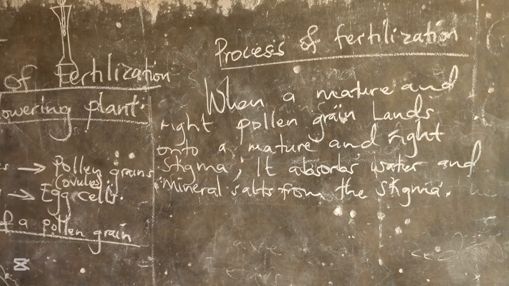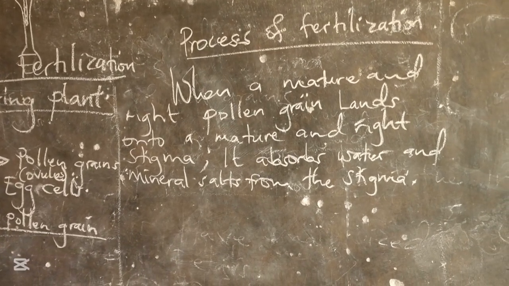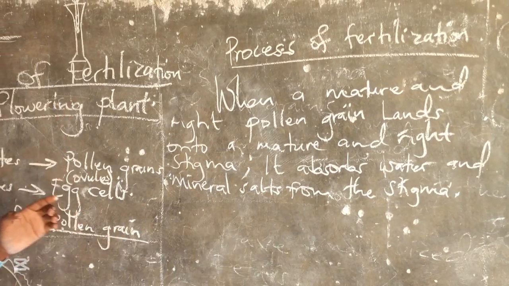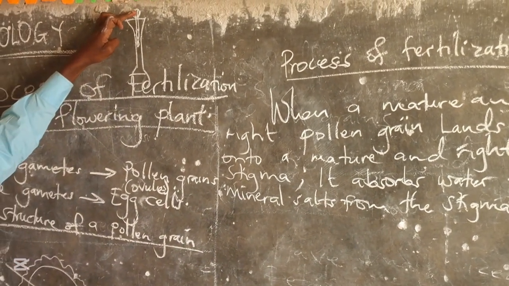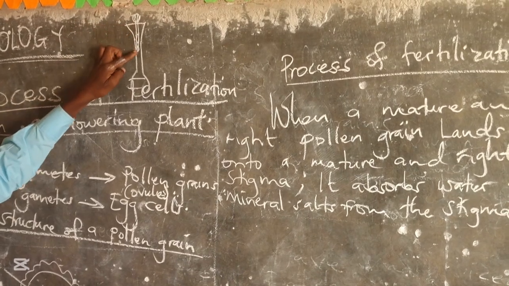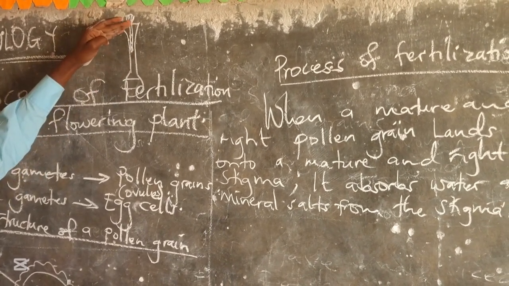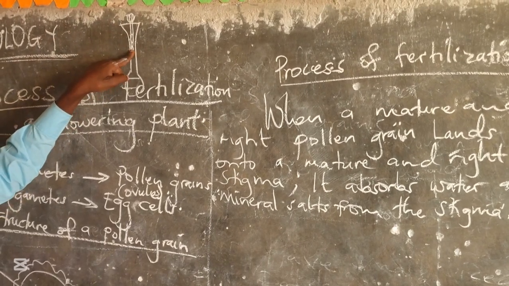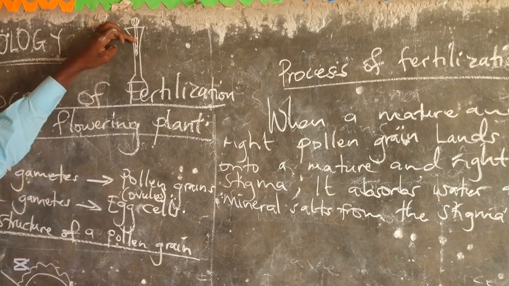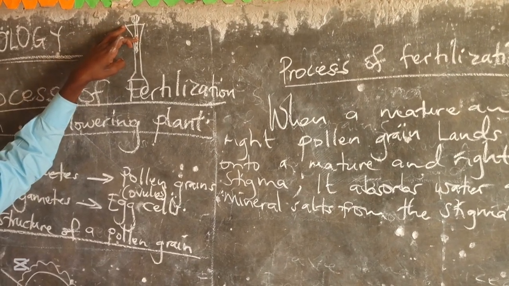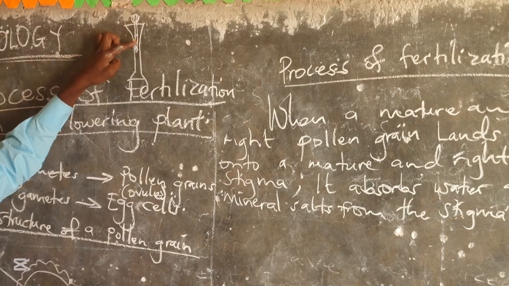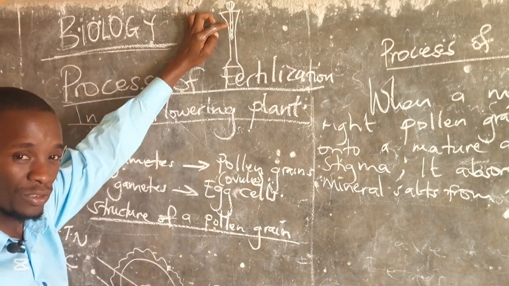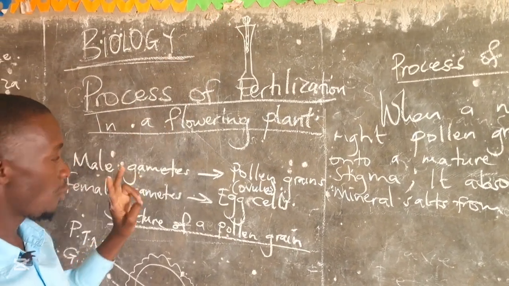it absorbs water and mineral salts. Once it absorbs the water and the mineral salts, we've said the pollen grain will start to germinate. The pollen grain will germinate into a pollen tube. The pollen tube will start to grow down in the style towards the ovary, led by the pollen tube nucleus, as the generative cell nucleus is lying behind it. As the pollen tube grows down towards the ovary, the generative nucleus divides by mitosis to form two male nuclei,